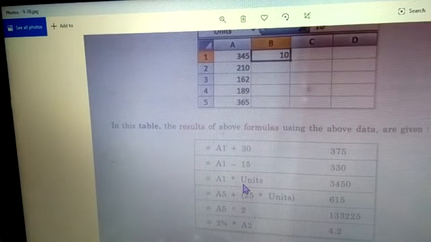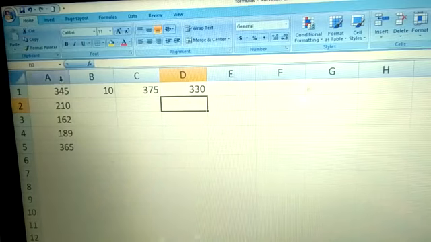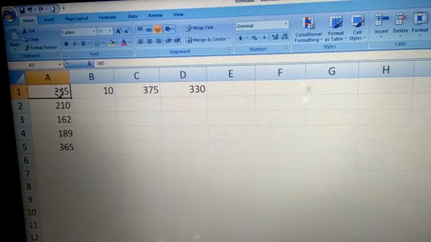Now about the units one, children: A1 into units. Whatever value A1 has and whatever value units has, they will be multiplied. Right now, 345 is the value of A1.